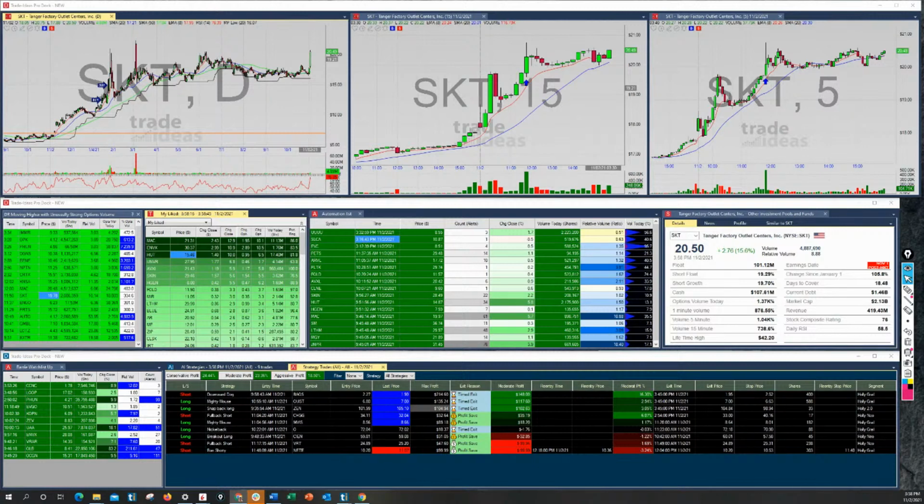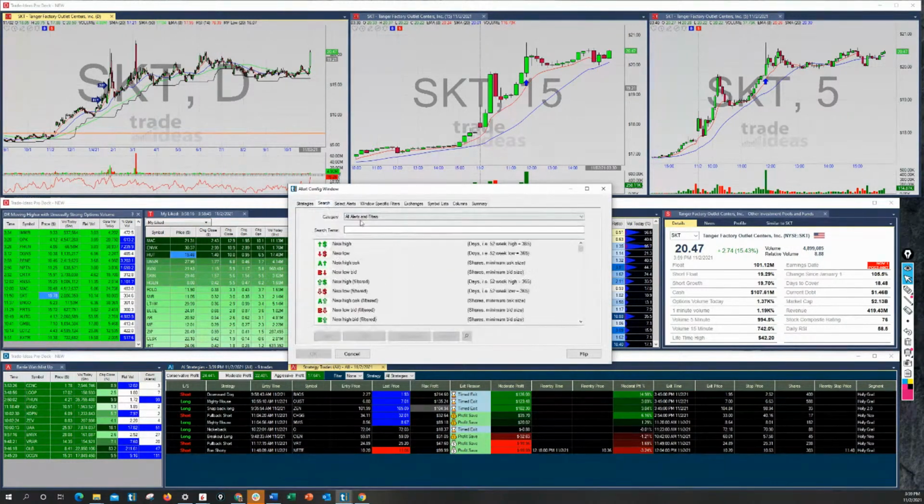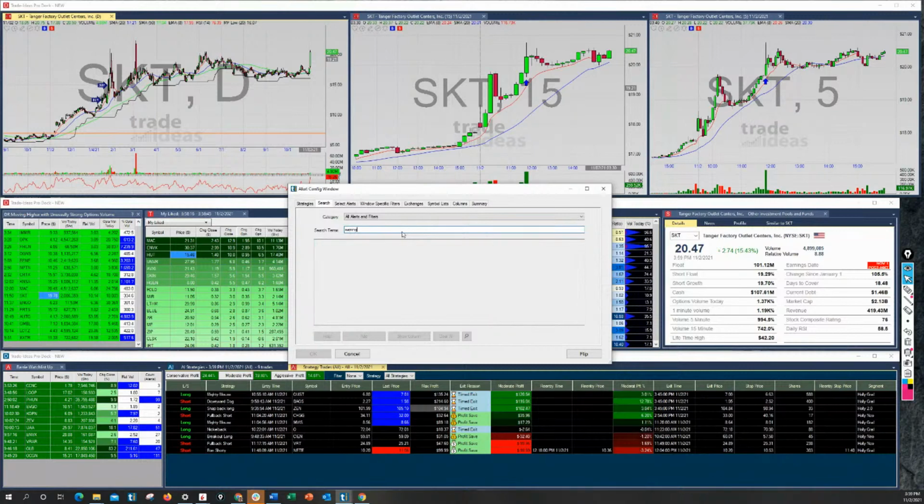Let's see, is there a way to filter a scan so that it shows the strongest growth stocks? Well, what do you define as a growth stock? We can look at earnings. If I can type right, we could look at these estimates and earnings, quarterly growth.